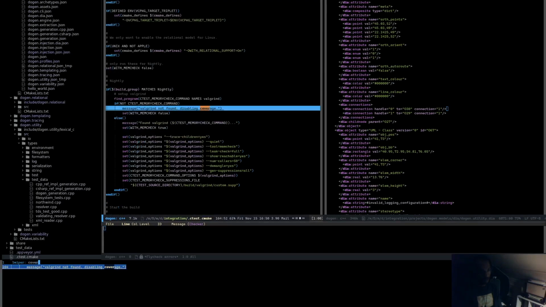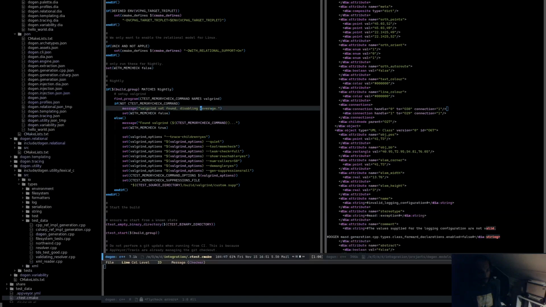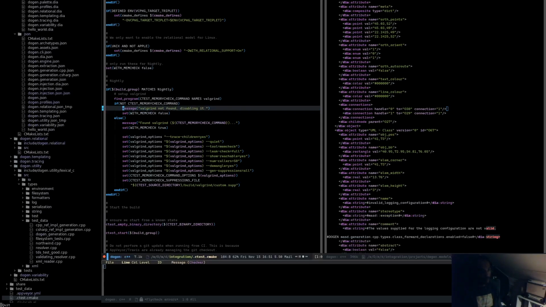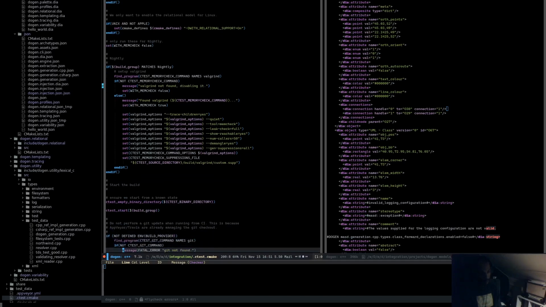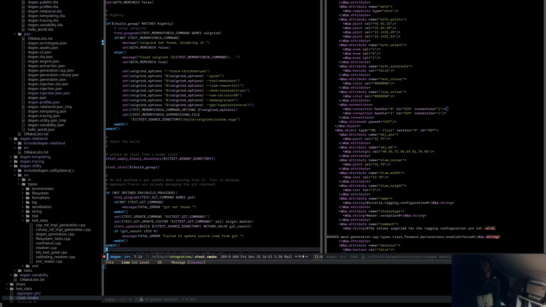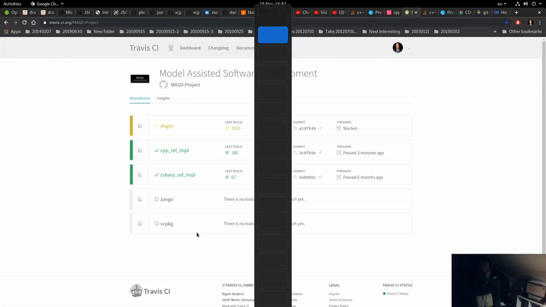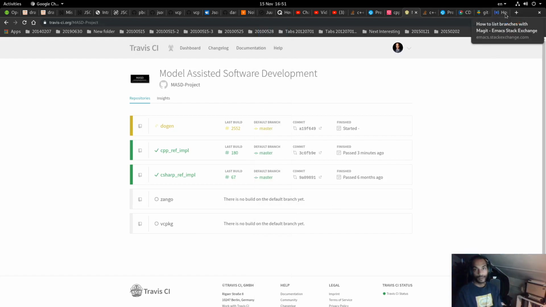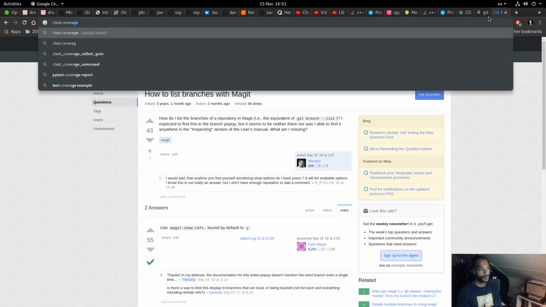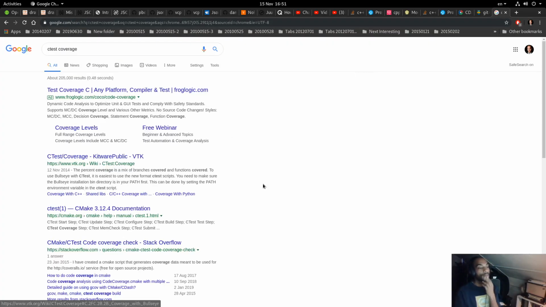there is the notion of coverage supports. Let's not call this coverage. And I believe we have disabled coverage. Well, we haven't enabled it, so it must be disabled. Now, what is the easiest thing to do coverage? Let's see how does coverage work in CTest. Ctest coverage, because